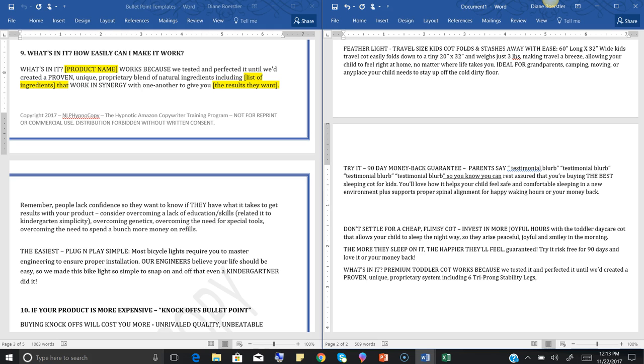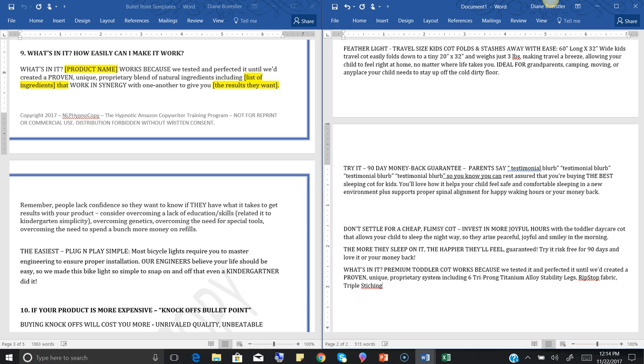And I'm grabbing this from up here. I'm just changing this part right here because there's no ingredients. Let's see here, 6 tri-prong titanium alloy stability legs, rip-stop fabric, triple stitching,